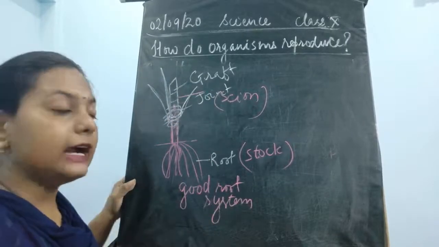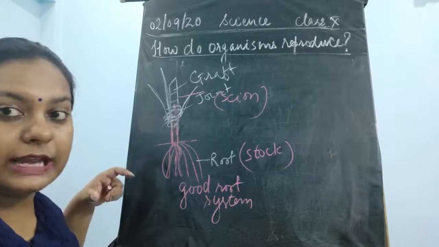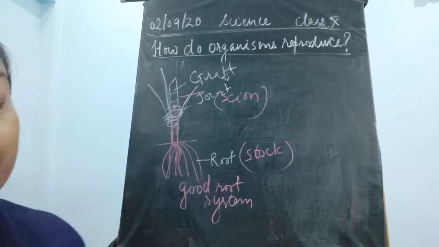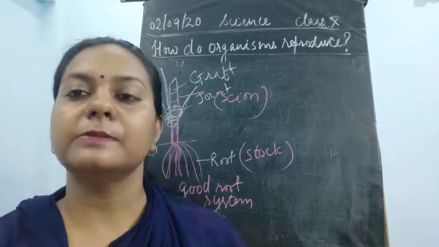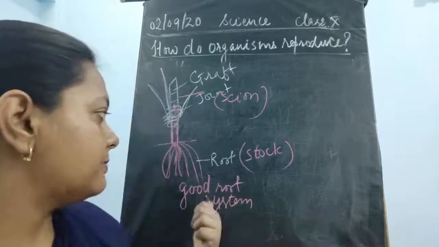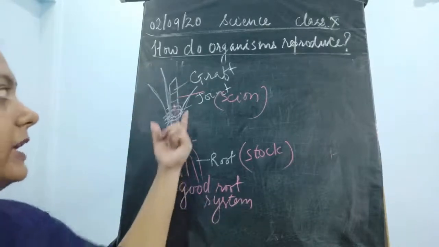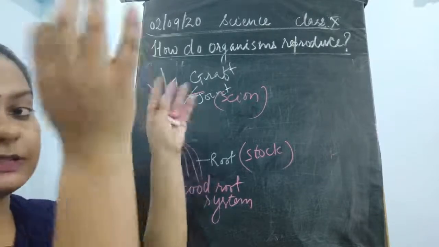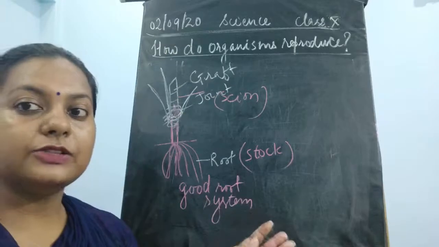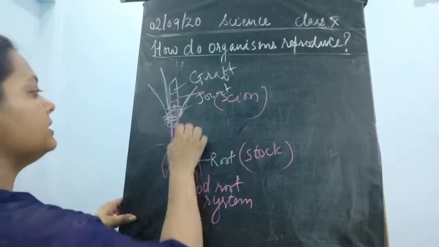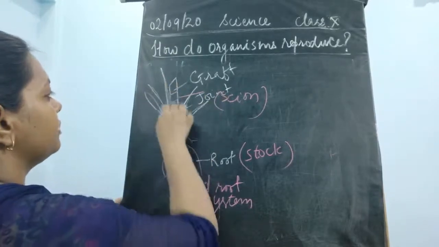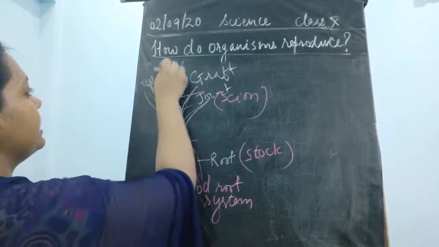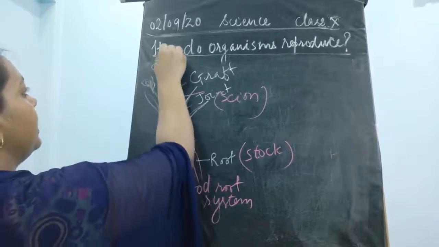Now we will see that this has a good shoot system because the good root system can absorb very good chemicals and minerals, all the good things. This would be given to the good shoot system, which in turn is going to give rise to different branchings, and this is going to grow into a new plant, and you would see that a good variety of flowers are coming.